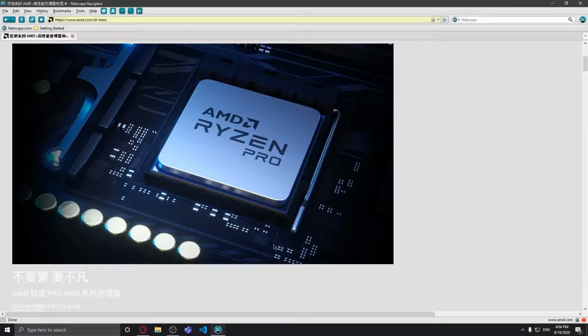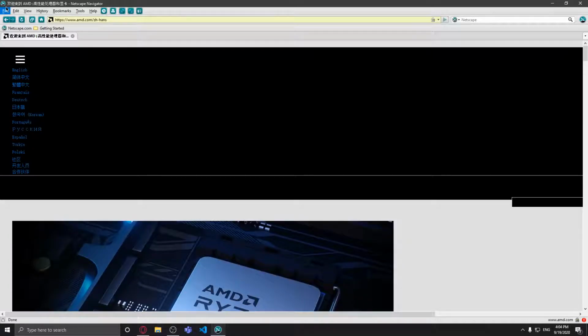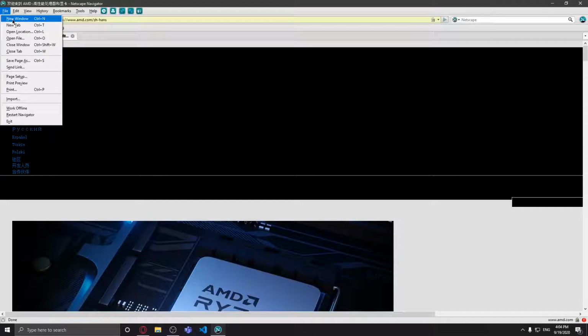So, Netscape is pretty bad, I gotta admit. But if you're someone who likes to look at ancient stuff, then I guess you can try out Netscape. And also, its UI is really bad. If you want to open a new tab, you have to do File, New Tab, which is really bad. But this is the latest version of Netscape, which got released 12 years ago from 2020. But well, let's explain how it got bankrupt now. So, how it got bankrupt